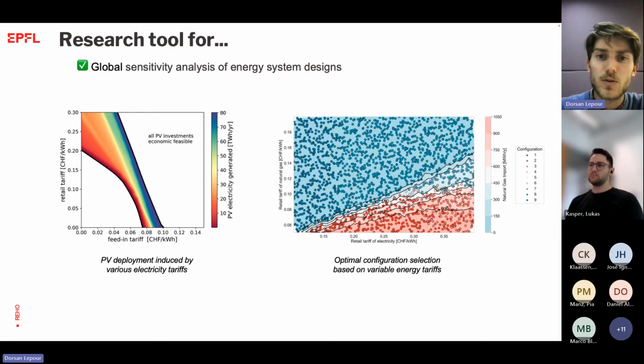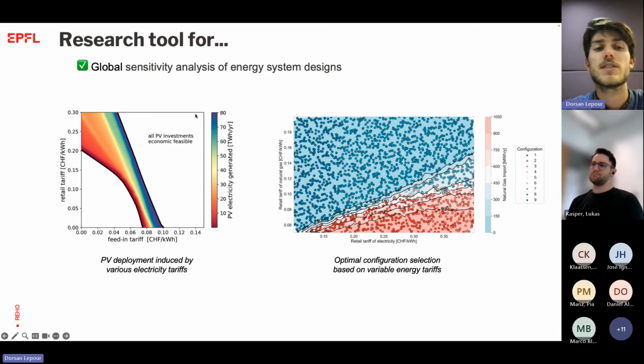Some diagrams showing global sensitivity analysis. This is a very interesting picture where we can see the optimal PV deployment induced by the various electricity tariffs. So what we see here is that if the retail price of electricity is very high and the feed-in tariff is also high, all the PV investments are